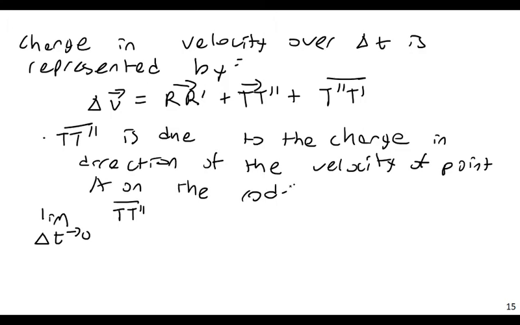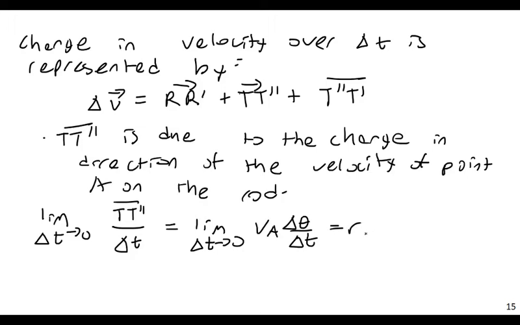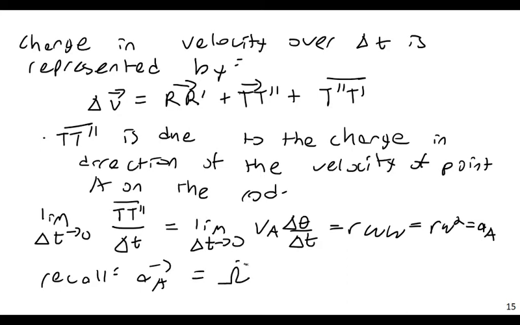So T double prime is due to the change in direction of velocity of point A on the rod, and the limit as delta T approaches 0 of T double prime over delta T. How many T's can we fit on the page at once? Equals the limit as delta T approaches 0 of VA times delta theta over delta t. Delta theta over delta t equals omega, so r omega squared equals AA. And recall from earlier, we know that AA is equal to omega dot cross r